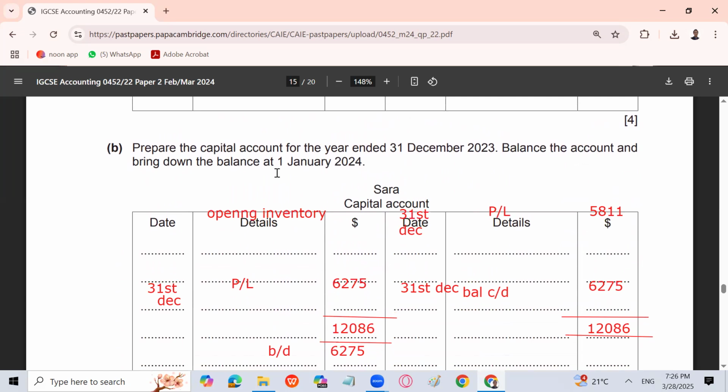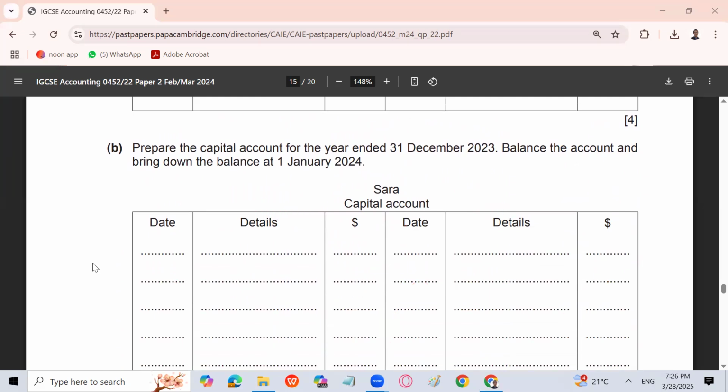नेक्स्ट यू हैव टू प्रिपेयर द capital account for the year ended, balance the account and bring down the balance at 1st January. So now you have to prepare the capital account, which is quite simple, because capital account बनाना कोई इतना रॉकेट साइंस नहीं होता है। तो कैपिटल अकाउंट में सबसे पहले इस साइड पे ब्रॉट डाउन बैलेंस आएगा, उसकी डेट भी आप लिख सकते हैं, दैट इज गोइंग टू बी 1st जनवरी। फिर प्रॉफिट फॉर द ईयर इसमें हम ऐड कर देते हैं एज यूजल, ये हमने पहले पढ़ा हुआ है।